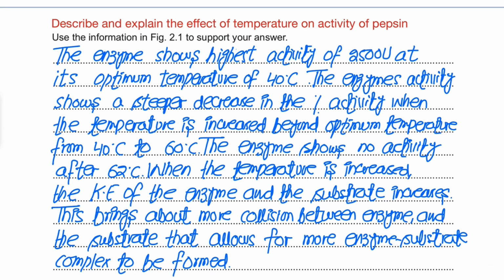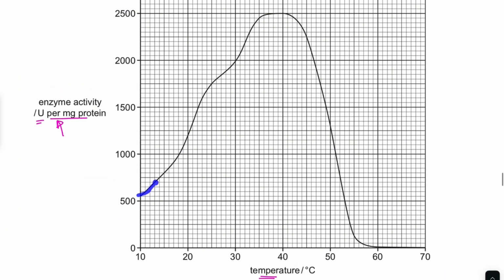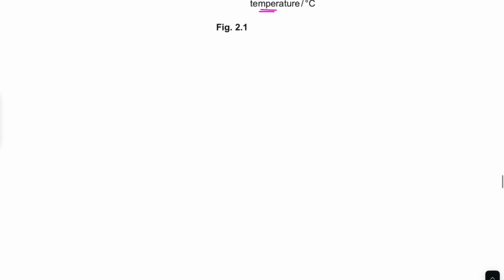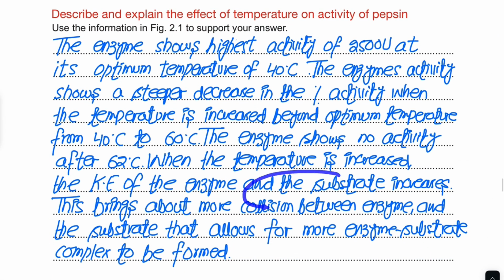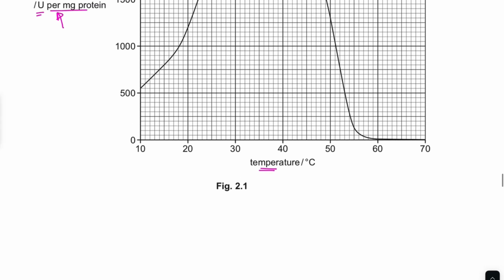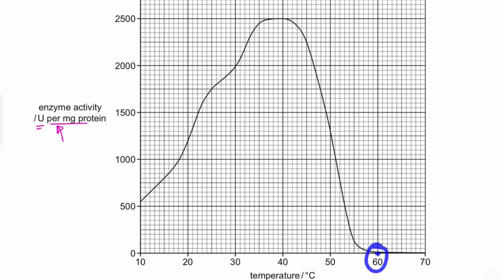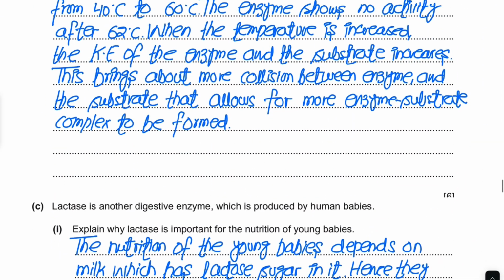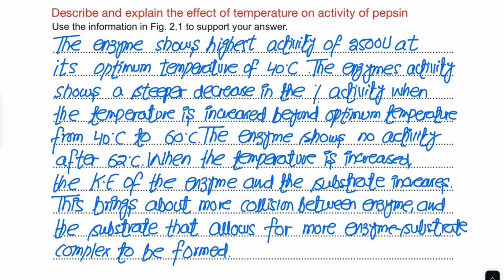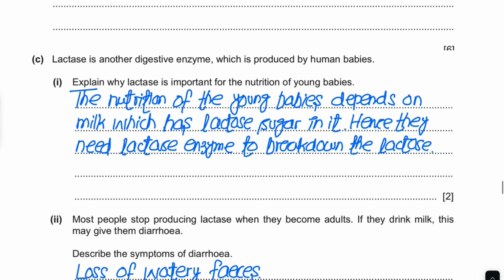So in terms of explanation, I have written in context of this point that as the temperature is increased, the kinetic energy of the enzyme and the substrate would be increasing and the collision between the enzyme and the substrate would lead toward more formation of the enzyme substrate complex. Another explanation you could give with respect to this point at 60: the enzyme has become completely denatured, the shape of the active site is lost, and the substrate are no longer binding into the enzyme's active site. So that is why the percentage activity becomes zero here at temperature of 60. So since it was description, 4 points should be in description, 2 should go for the explanation. So I have written 4 description and 2 explanation points. If we were to move further,